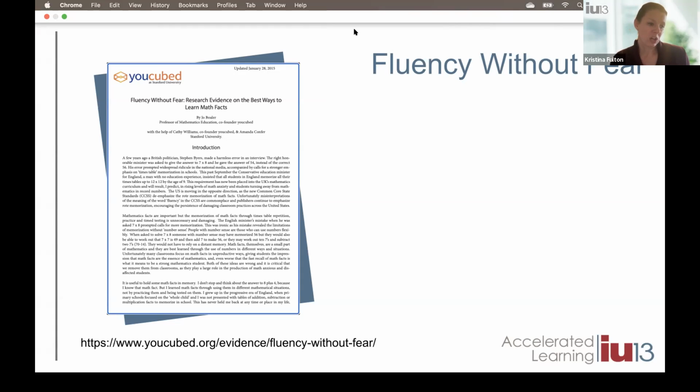She also goes on to talk about that some students are not as good at memorization as others. I was one of those students. It's part of why I really liked math, is because I didn't have to memorize things. I was able to reason through it and be able to figure it out. And that's what I always wanted for my students as well.